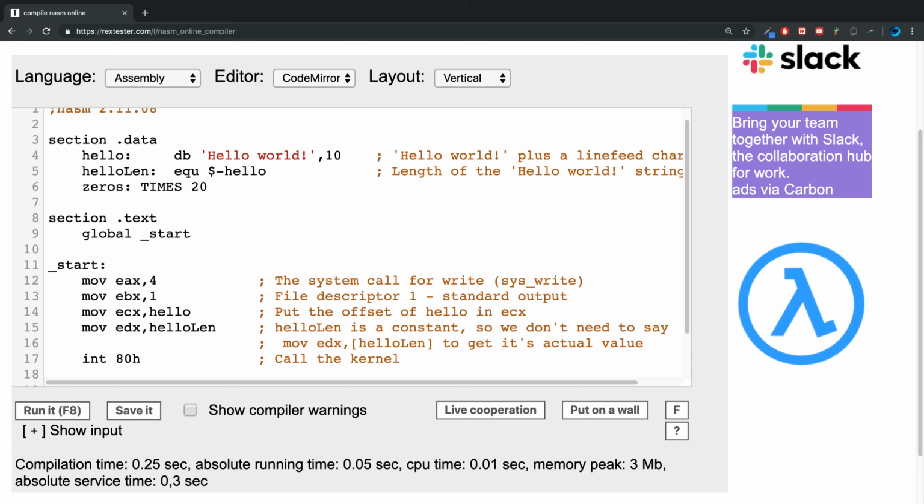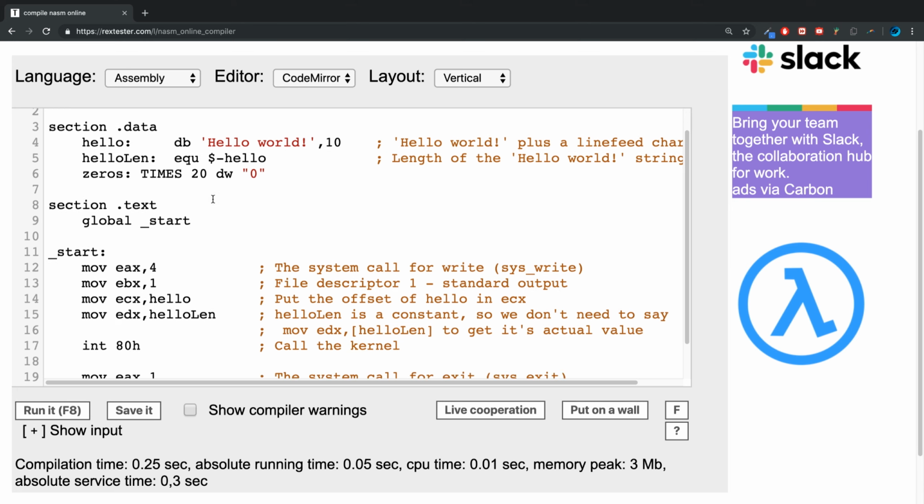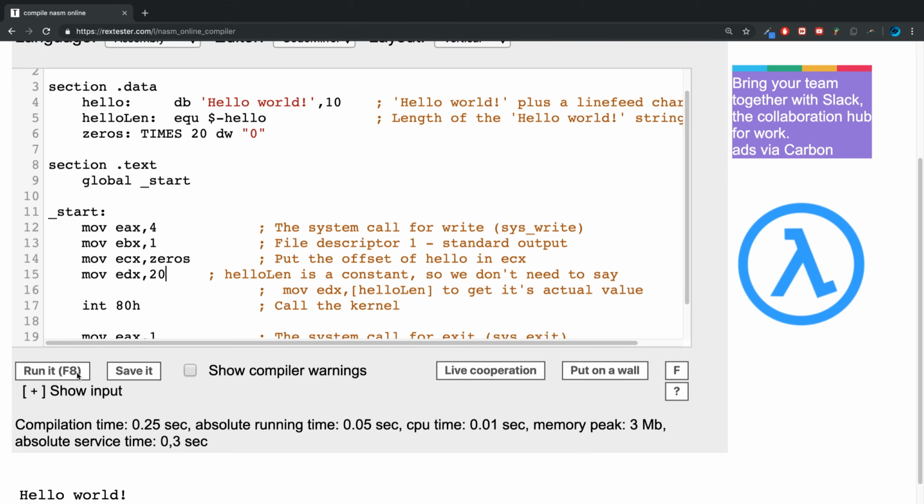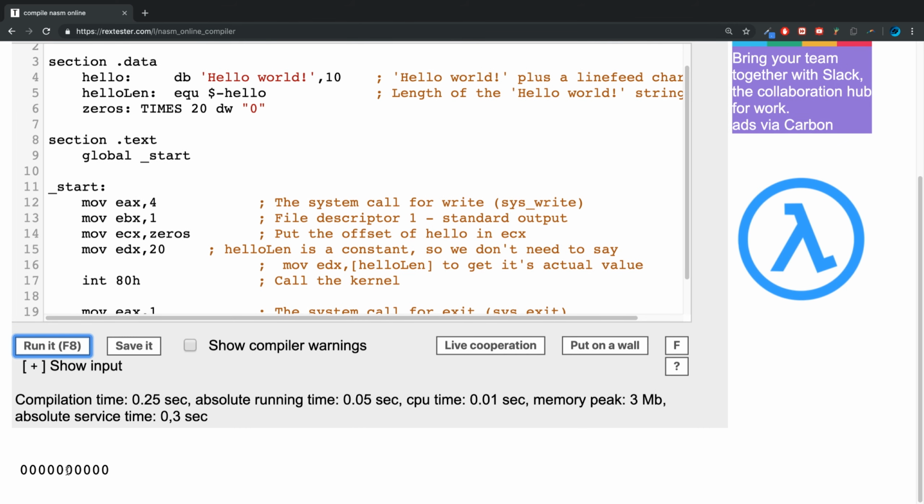and then you can specify whether you want it as dB, you want to define it as a byte or a word, or whatever. I'm going to define it as a word, and now you specify what your actual initial value is going to be, or what's going to be repeated this many times. So I'm just going to say the character 0, and now what we'll do is here we'll print it out. So we'll write zeros, specify the length of 20, and if we run it, we get a bunch of zeros,